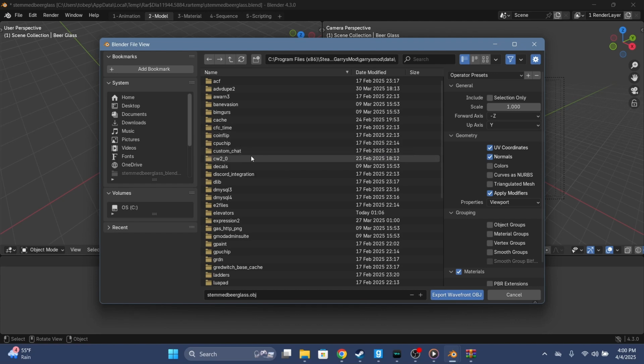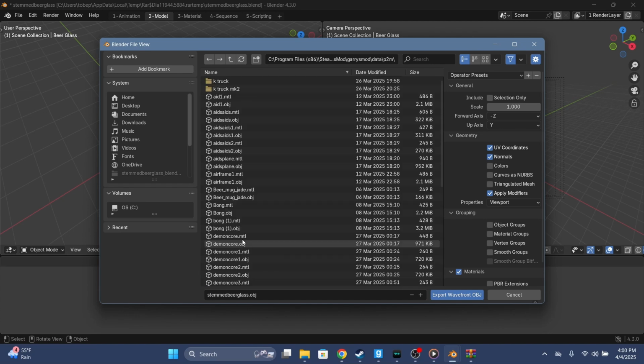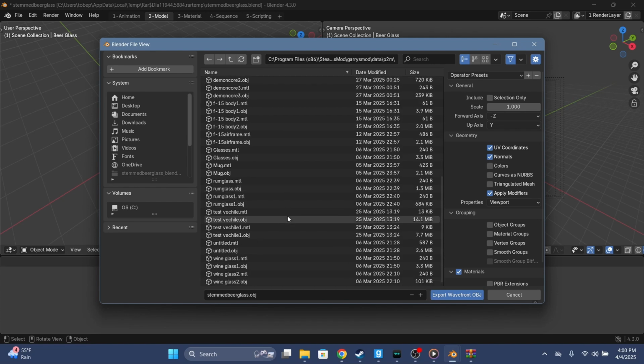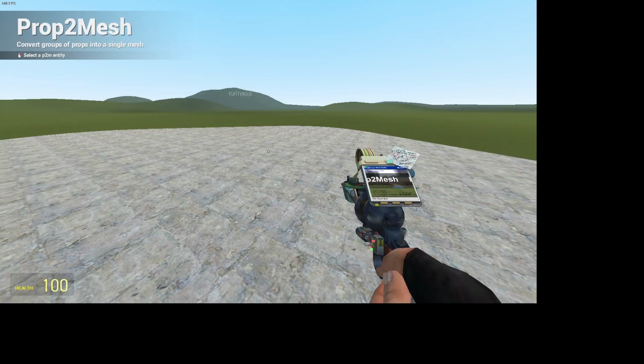If you've installed Prop to Mesh and you've restarted your game, you will have something called P2M sitting in your folder. This is where all of your Prop to Meshes will go. So this is stemmed beer glass.obj. And assuming that that has worked, and that it's not a high vertex count, we will go